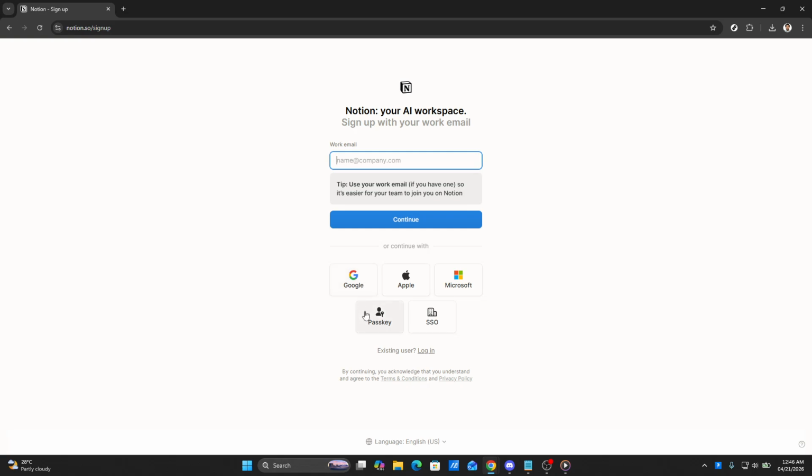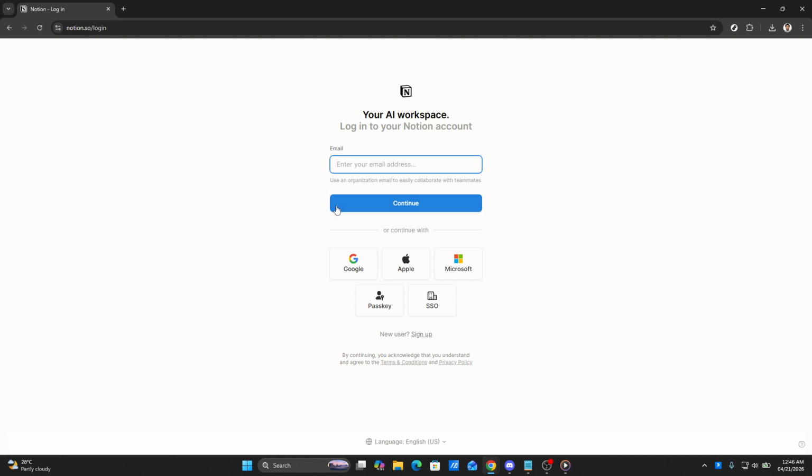Check your inbox for an email from Notion, which should arrive almost instantly. If you don't see it right away, make sure to check your spam or junk folder, as occasionally emails can get lost there. Now, if you prefer to use an existing account with another service, Notion offers the convenience of